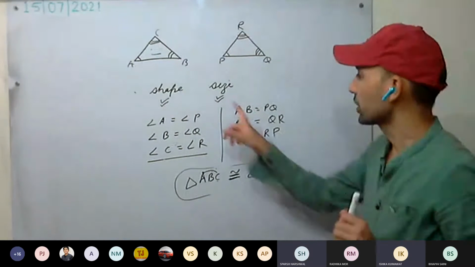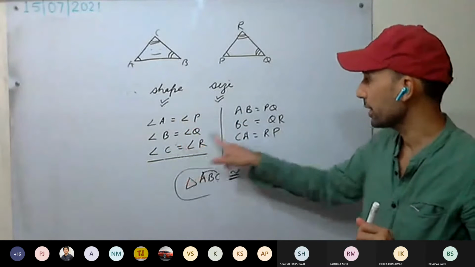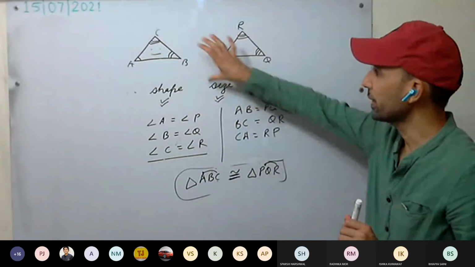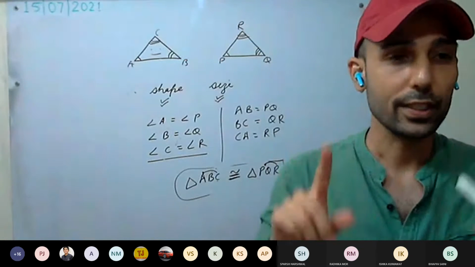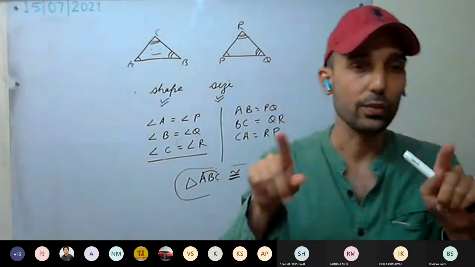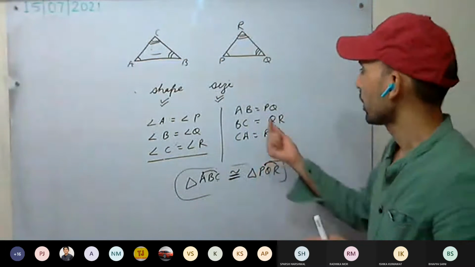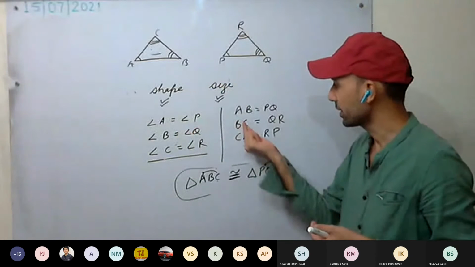Okay. So these things: three angle pairs are there, three side pairs are there. These things happen when two triangles are congruent. Now, for example, two triangles will be given to us. This we will be discussing tomorrow. Two triangles are given to you, and you have to prove that both the triangles are congruent. It means you have to prove these six things.